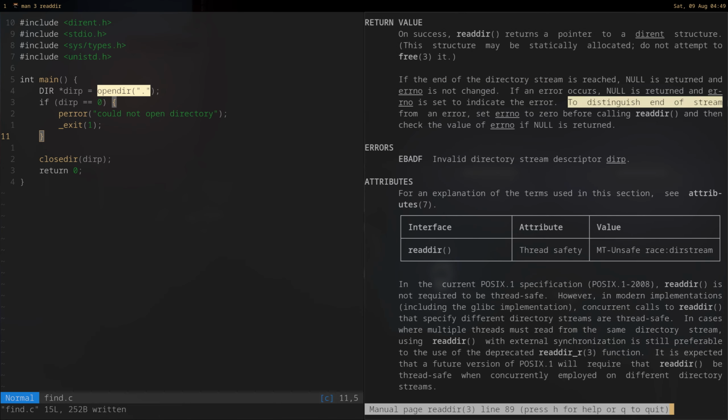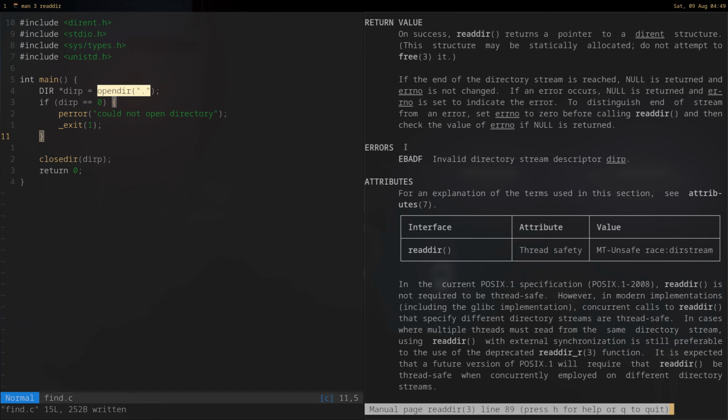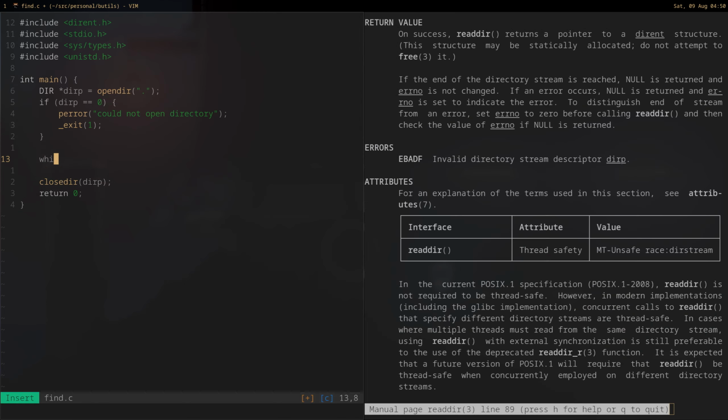To distinguish end of stream from an error, set errno to 0 before calling readdir and check. Okay, this might be required. So what it is saying is, let's say we open up an infinite loop and